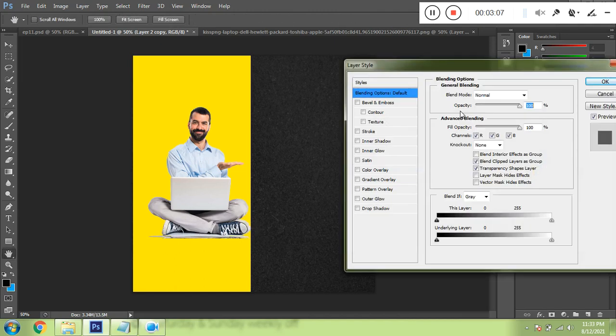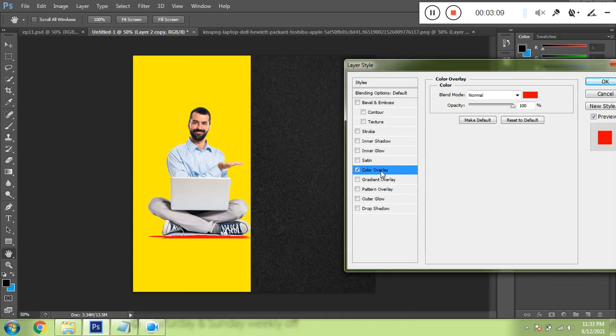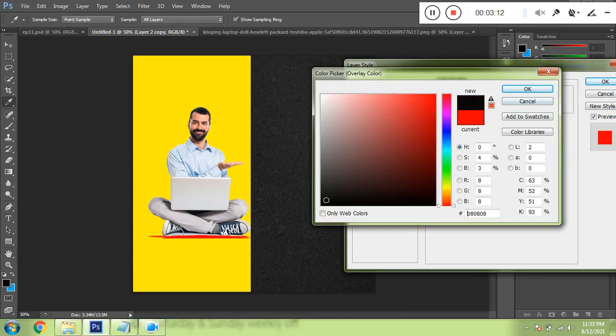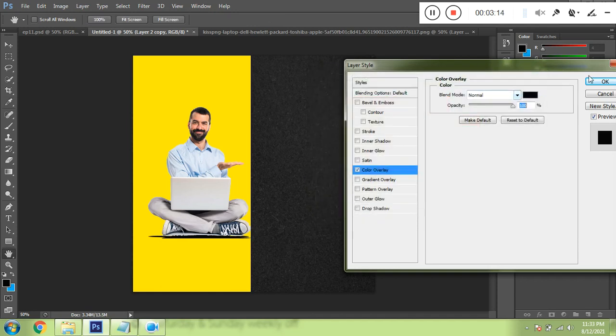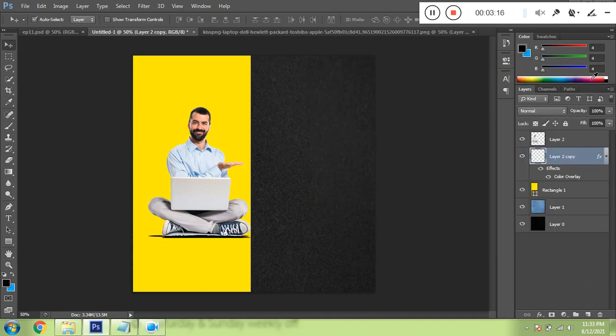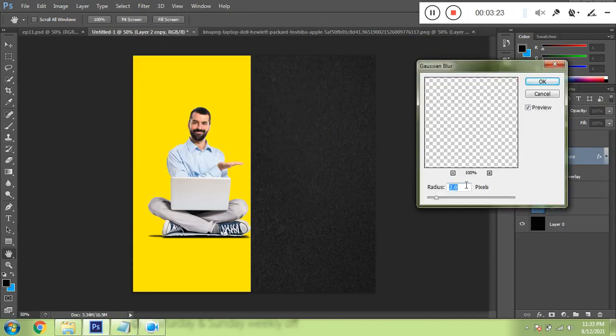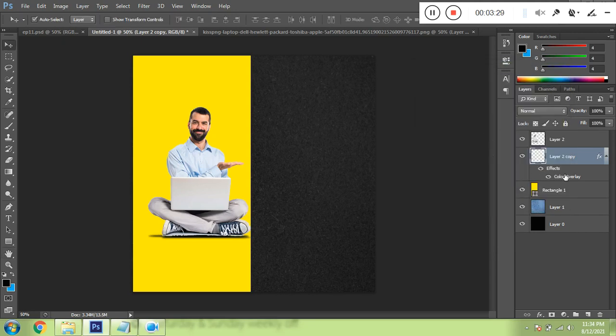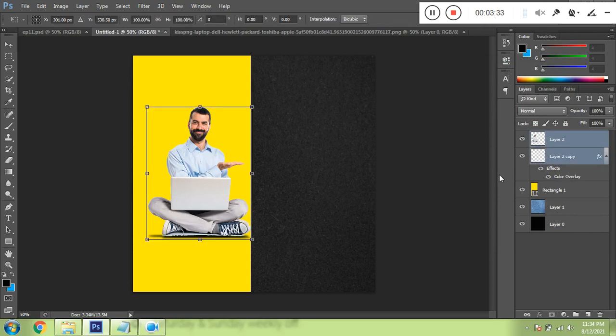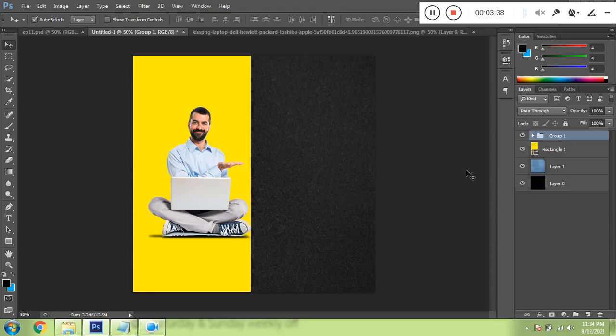Right click, blending options, color overlay, and fill this black. Press V. Now what we need to do is Filter, Blur, Gaussian Blur. Cool, this looks like a shadow. Now select these two, Control G.